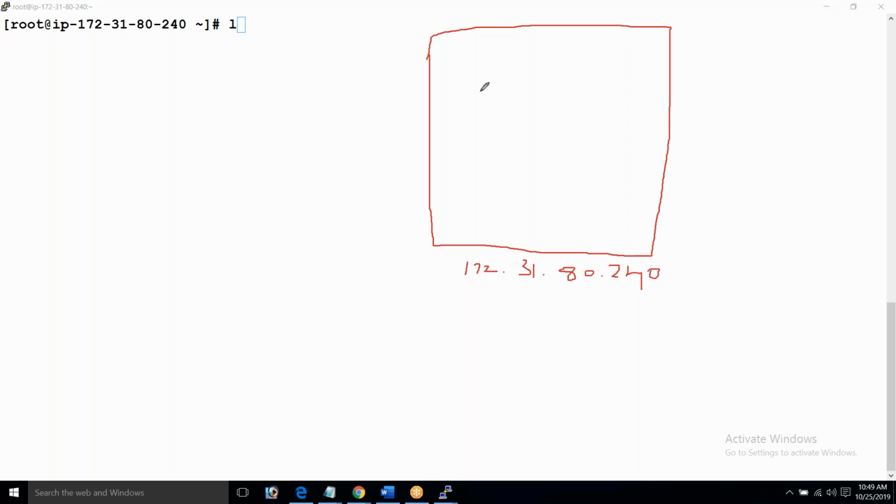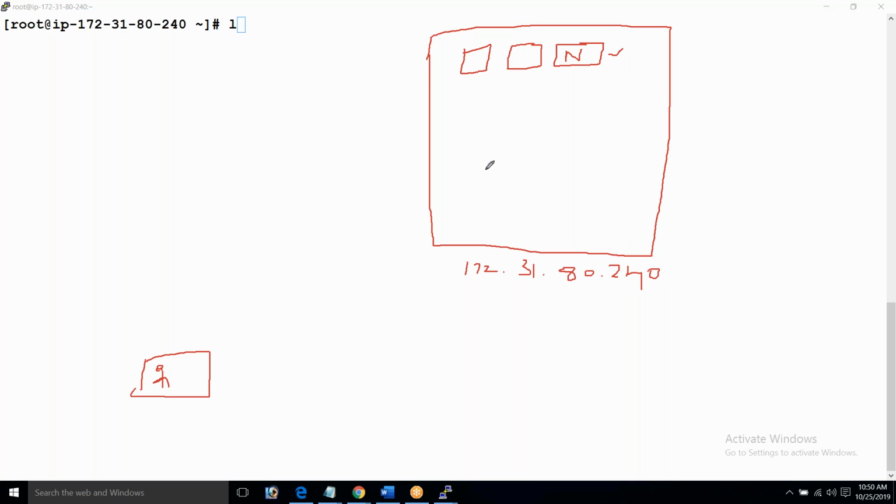107.31.80.240. Now inside this, I have 3 containers running, Layer 2 or 3, whatever it is. But out of which, one is what? Nginx. Now where am I sitting? I am sitting somewhere here. I need to access this application. That's how we access, right? We are accessing the application via the DNS names and all.